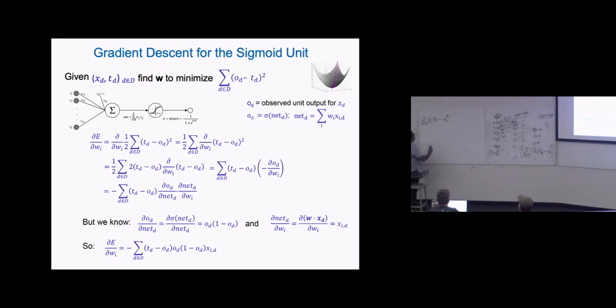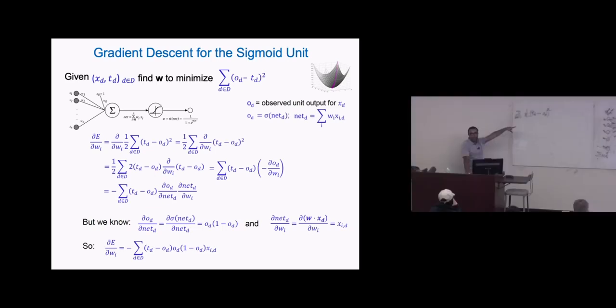Just for one example, there is still this sum over all D, because every individual example goes through that layer, every unit, right? So this is what that looks like. And what we need to do is compute the derivative of this function, right? Is that clear? Now, TD is your label, that's given. You cannot do anything about it. But OD is your prediction, right?